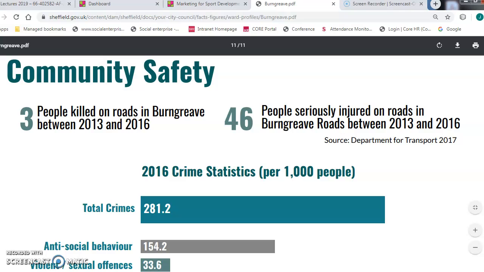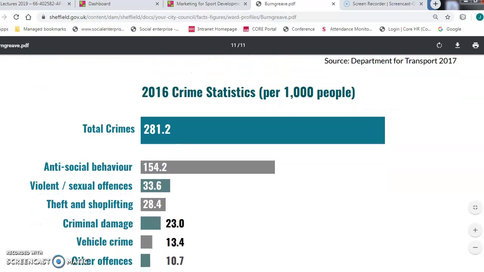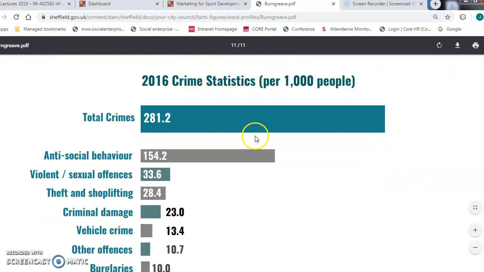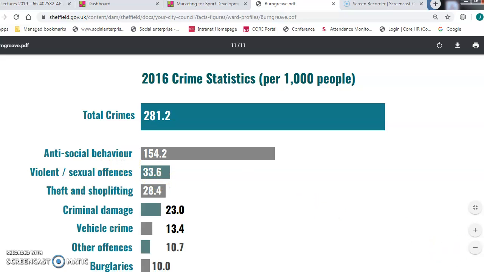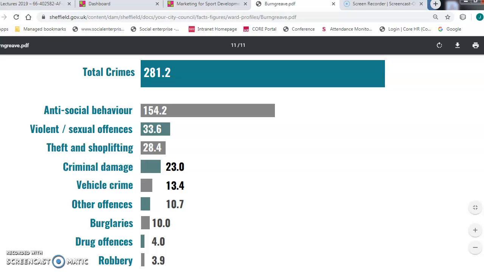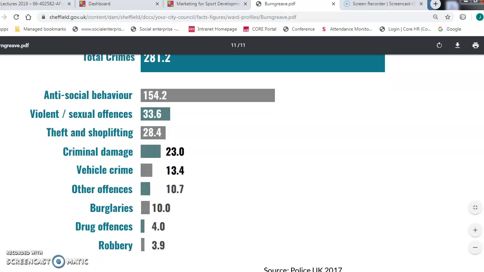There's some information here with regards to community safety. So there might be, again, some information within this that is useful. So just an example here, the crime statistics. If you look into them, antisocial behaviour. So have a think what that means. Antisocial behaviour could be young people hanging out on street corners, that could be noise, that could be violence, whatever that is. So can you think of any programmes or initiatives that might help to